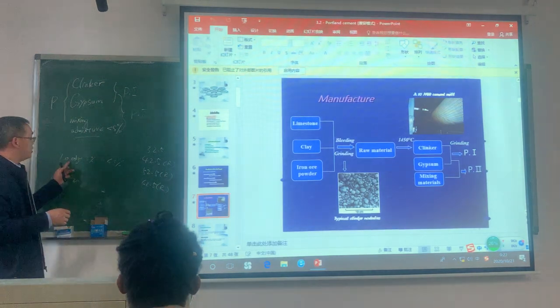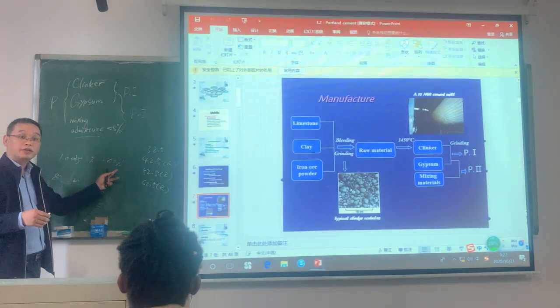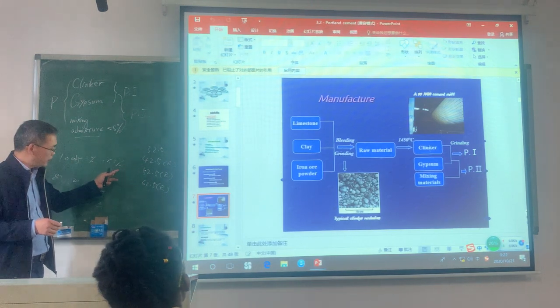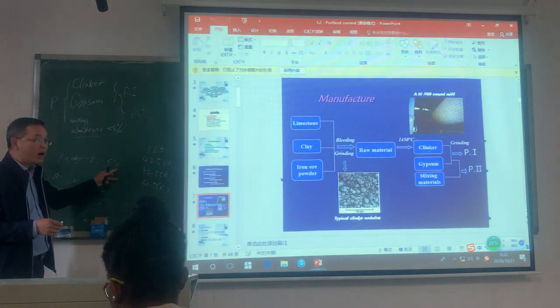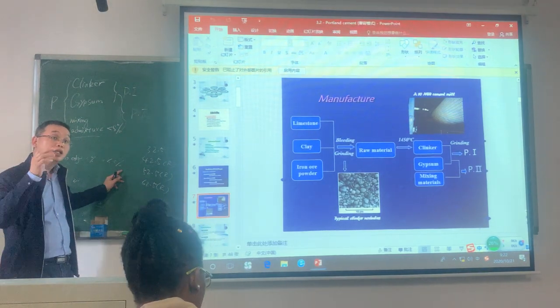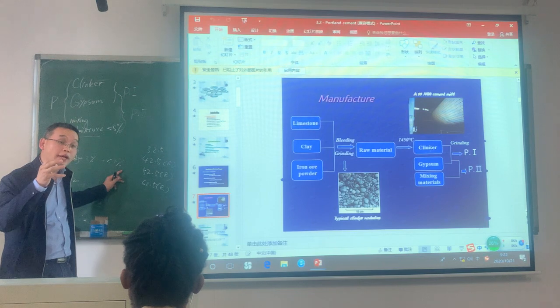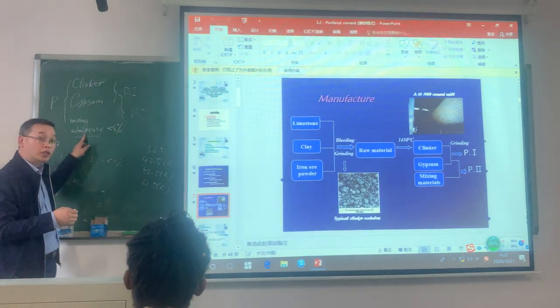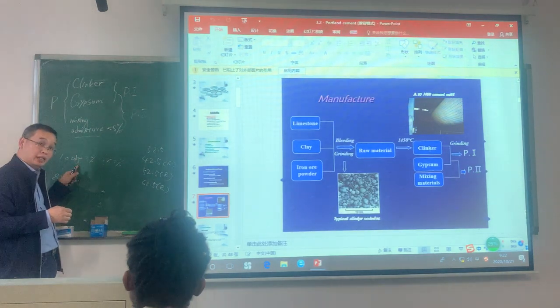So maybe this is the amount of the Portland cement. But if we add 20% admixture into it,